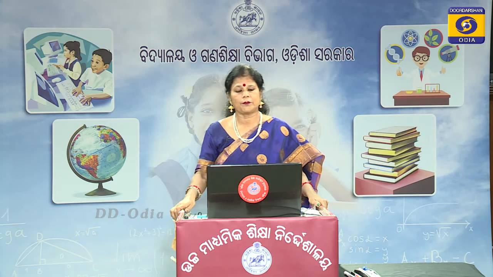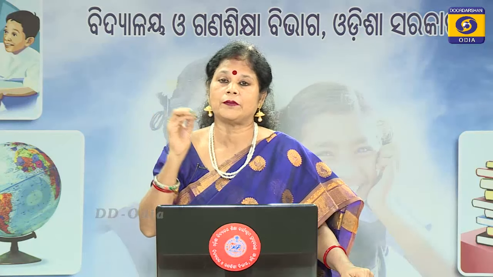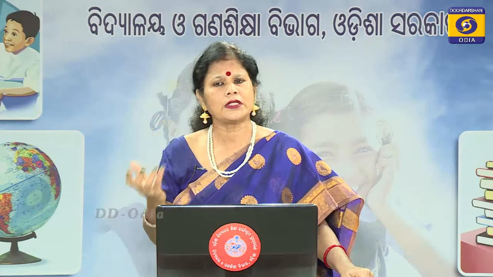Then fallacy of mistaking the co-effects of a cause as cause and effect. Sometimes one cause is there and it has several effects. We mistakenly think that these two effects are causally connected. For example, day and night: day comes before night and night comes before day. So day is immediate invariable antecedent of the night, night also is invariable antecedent of the day. So we can say day is the cause of the night or night is the cause of the day, but